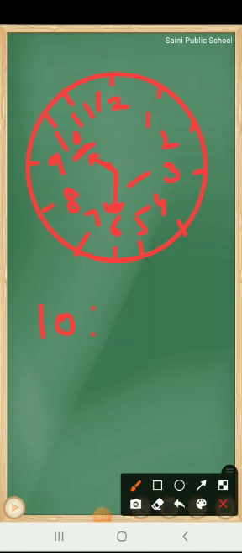Now we know each part is further divided into 5 subparts. Between 12 and 1 here are 5 subparts. Between 1 and 2 here are again 5 subparts. So each two numbers are further divided into 5 subparts. So we will simply multiply the number by 5. Now the minute hand is at 6. We will multiply 6 by 5. 6 into 5, 30. So it is 30 minutes. So 10:30.